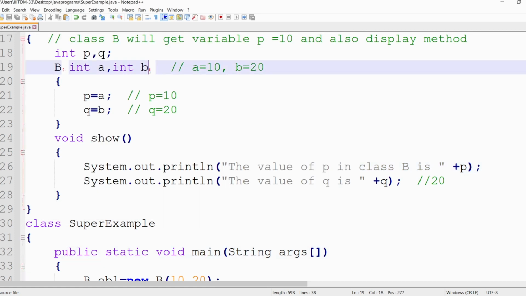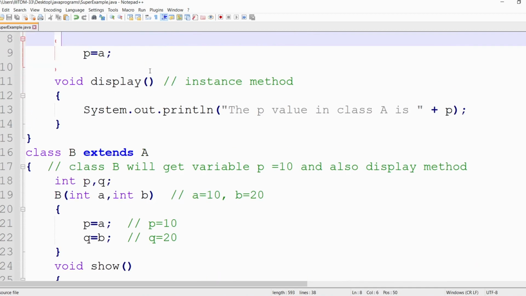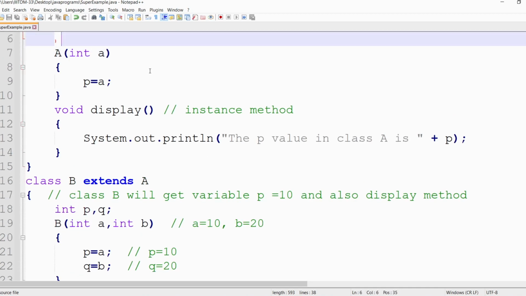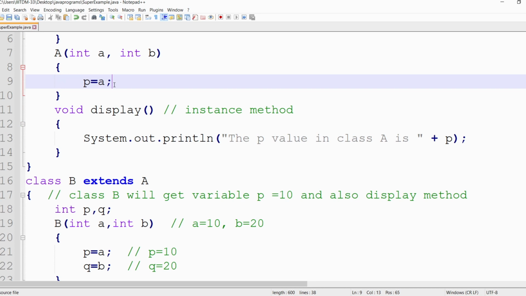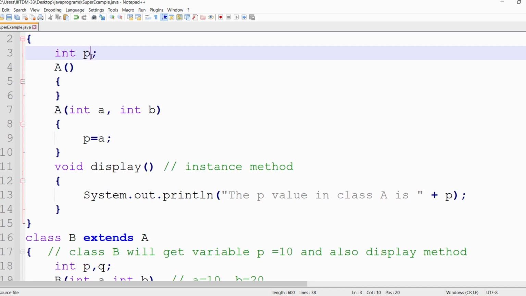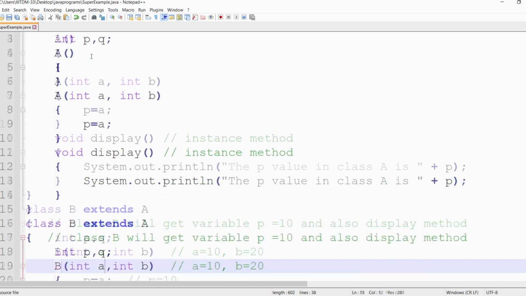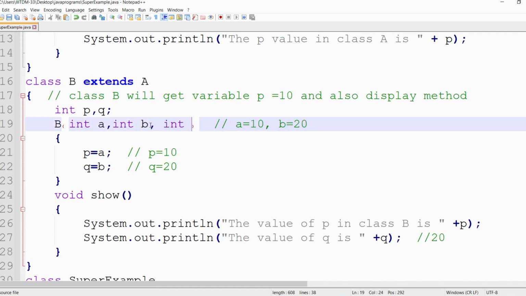Now what I will do here is, instead of taking one variable, let me take two variables, int a comma b, and here I will write int p comma q. Then you will understand. Here I will take multiple variables, int a comma b comma c comma d. Let me take 4, and then I will write